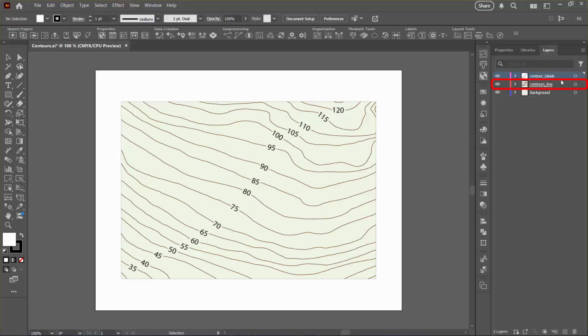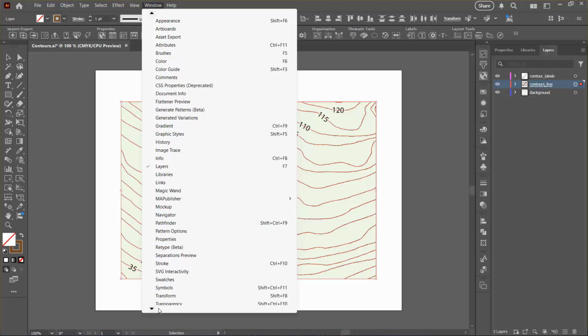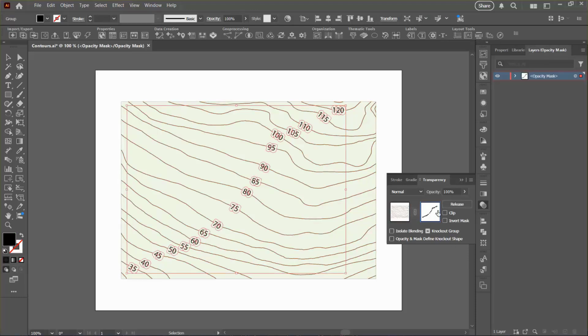So first I want to make sure that my contour line layer is selected. And then I want to open my transparency panel from the window menu and navigate down to transparency. And here I just want to click the right side preview to start editing the opacity mask. Back in the layers panel, I just want to make sure that my opacity mask is fully selected. And then back in the transparency panel, I can adjust my opacity setting to see how it affects the knockouts